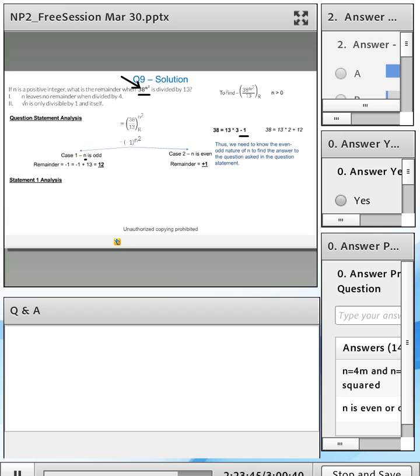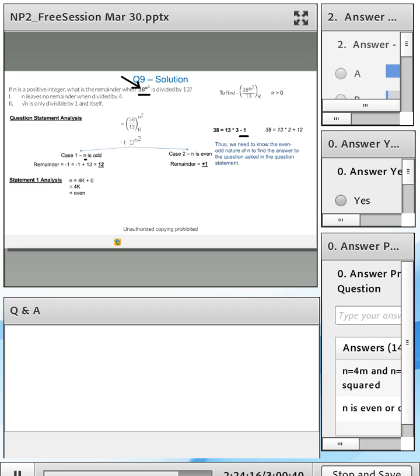That means that the test maker wants you to do this level of processing so that you get to the simplified question statement that simply asks you to find out if n is even or odd. Okay, so again, the whole point of me telling you all this, getting you into the psyche of the test maker, is that you understand how your conceptual understanding and your process understanding helps you in solving such questions. All right, so now let's look at statement 1.